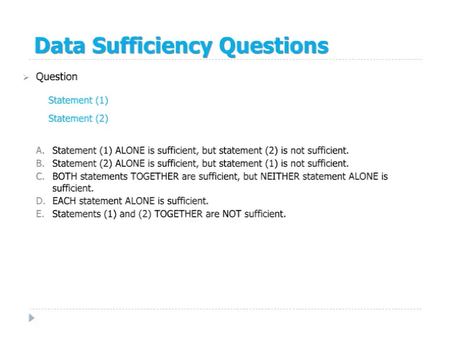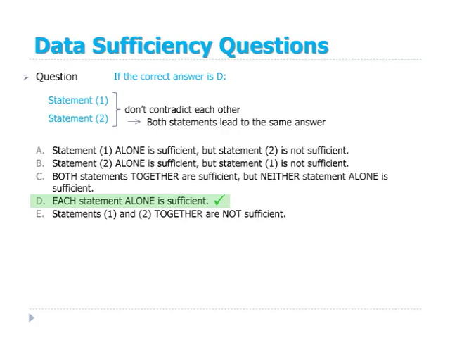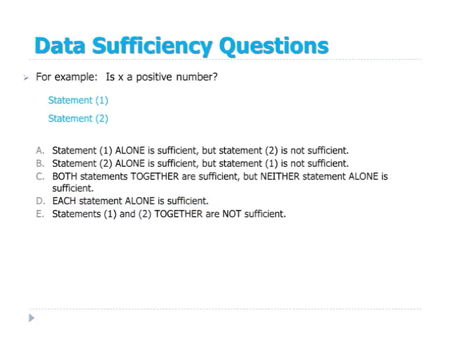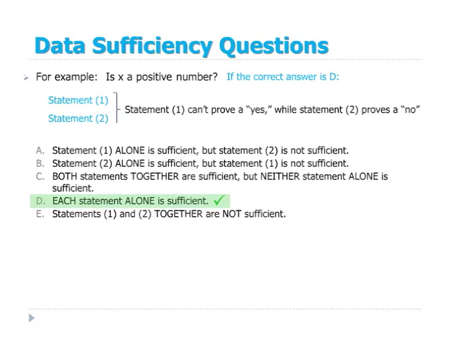Note, the 2 statements in data sufficiency questions don't contradict each other, even though the answer choices do not eliminate this possibility. So if the correct answer is D and each statement is sufficient to answer the question, they usually lead to the same answer. For example, if the question asks you whether x is a positive number and each statement alone is sufficient to provide a definite yes or no answer, then it cannot be that statement 1 proves a yes and statement 2